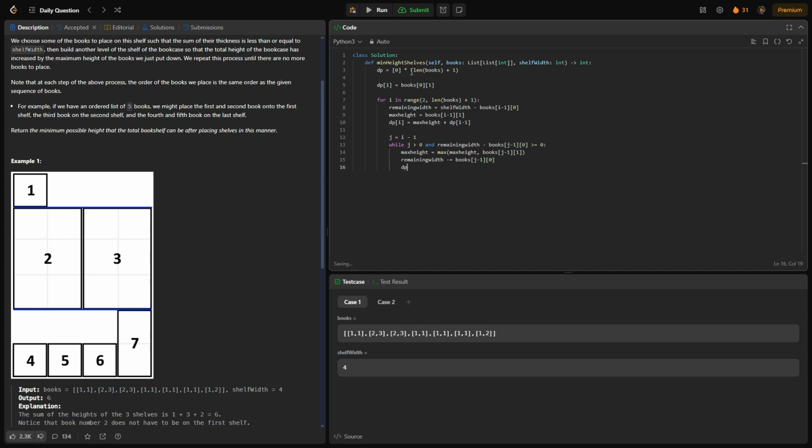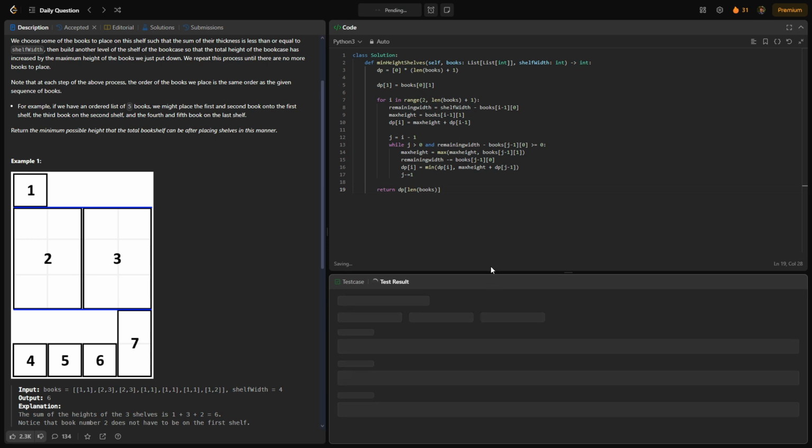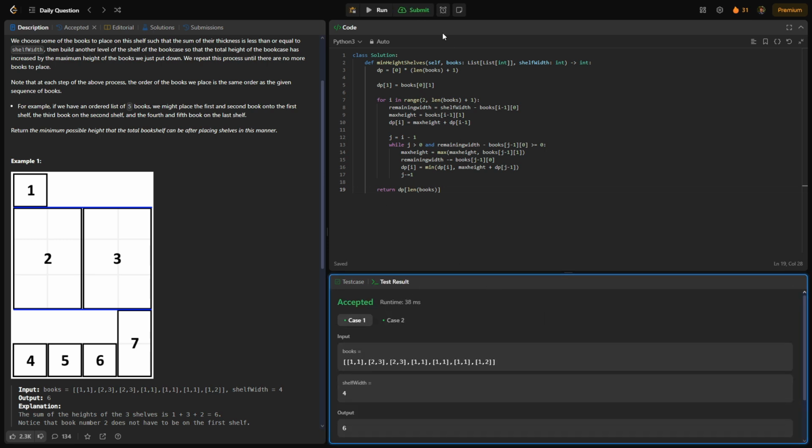And then we can update our dynamic programming array again. So dp of I will be equal to minimum of dp of I, and our max height plus our previous dynamic programming, so dp of j minus 1. We can then subtract j minus equals 1, and then return dp of books, length of books. So if we run this, it passes our test cases, and if we submit it,